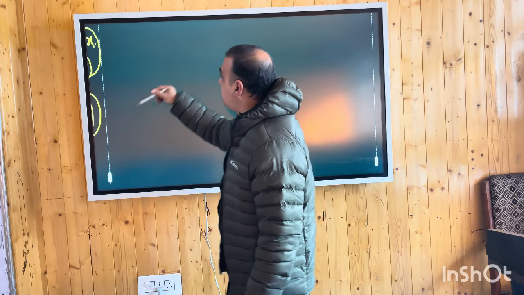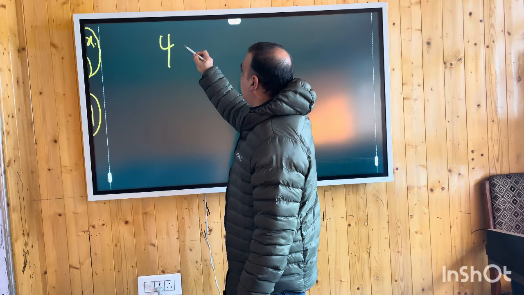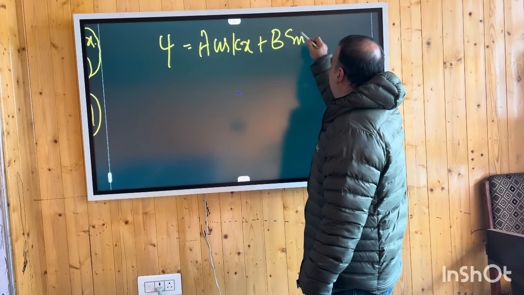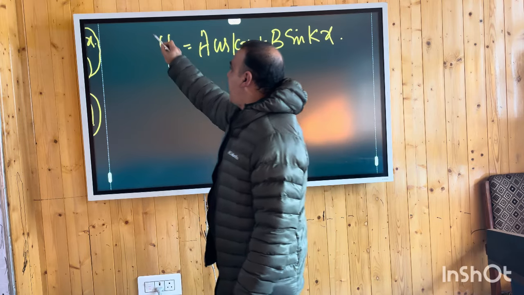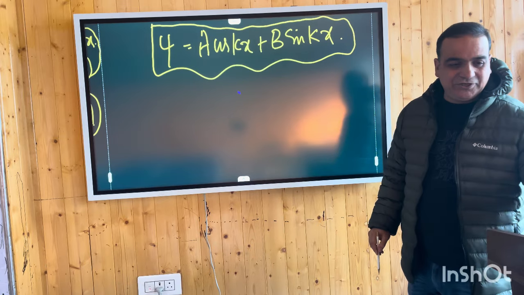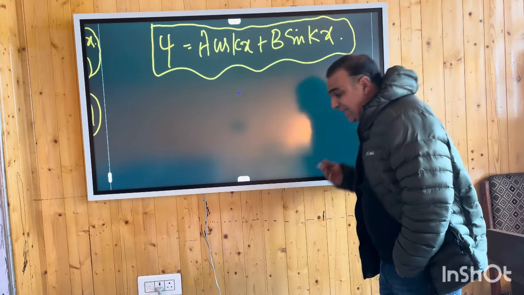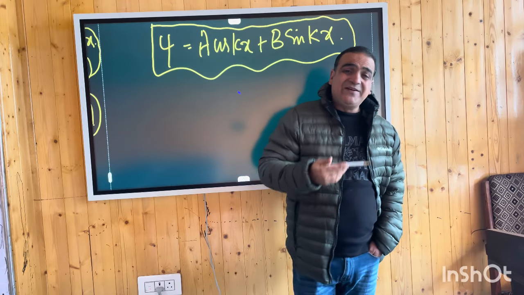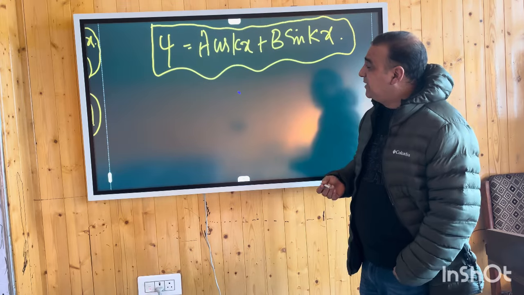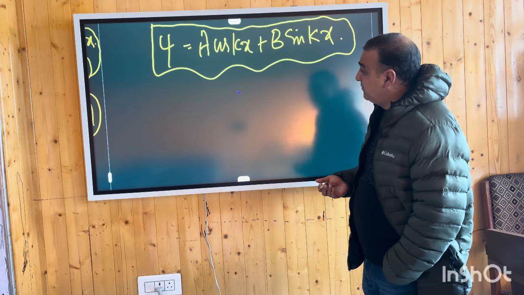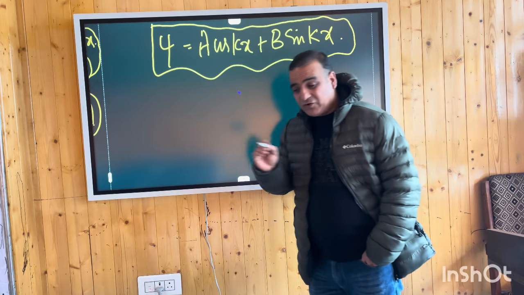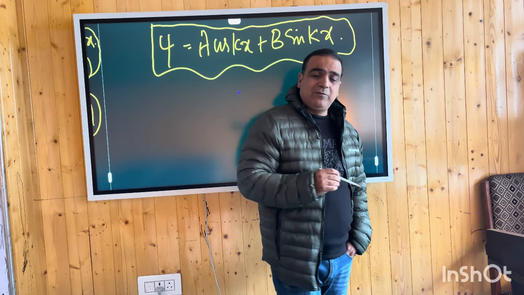So what's the solution? The solution that we have chosen here is psi equals a cos of kx plus b sine of kx. We would like to make it more accurate by using the boundary conditions in our problem, because psi has physical meaning only when it satisfies some important conditions: psi must be continuous, its derivative must be continuous, psi must be single valued. And if we see our problem at the edges, the eigenfunction will immediately be equal to 0,